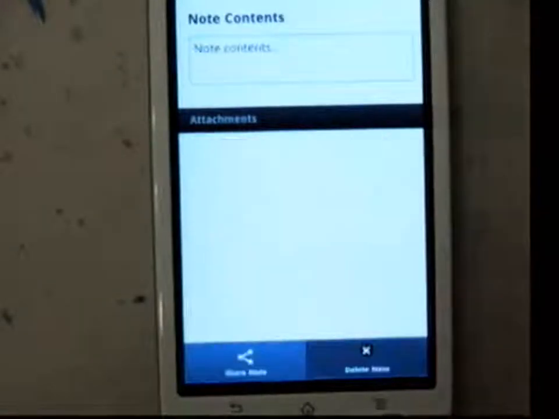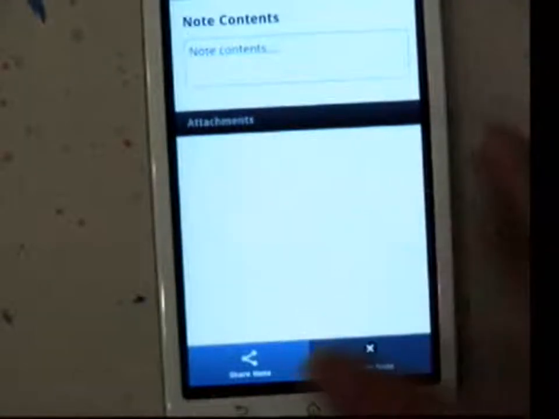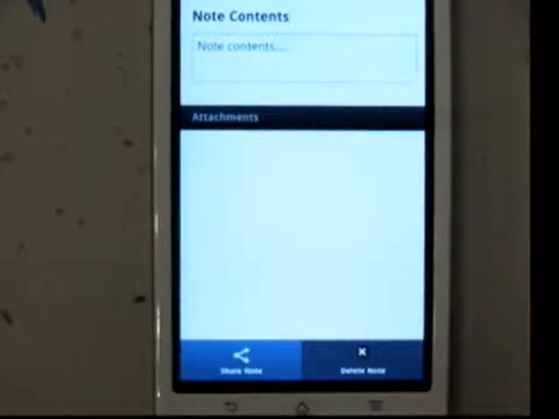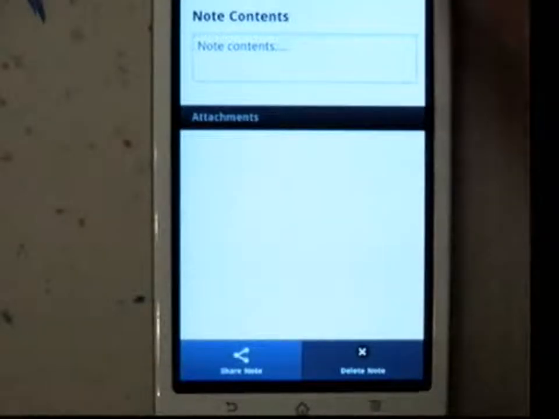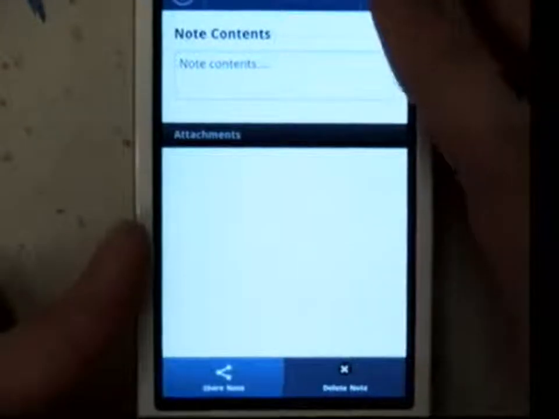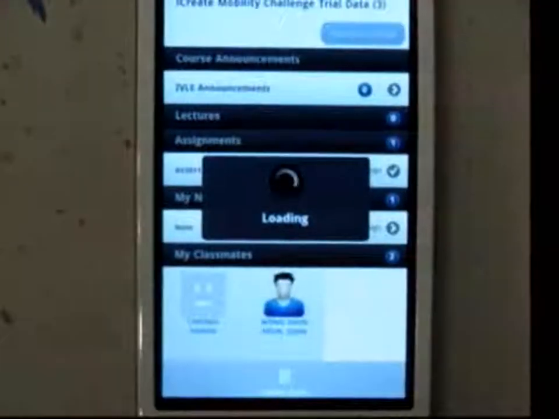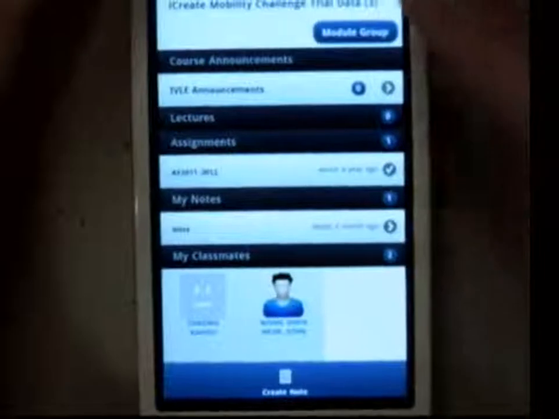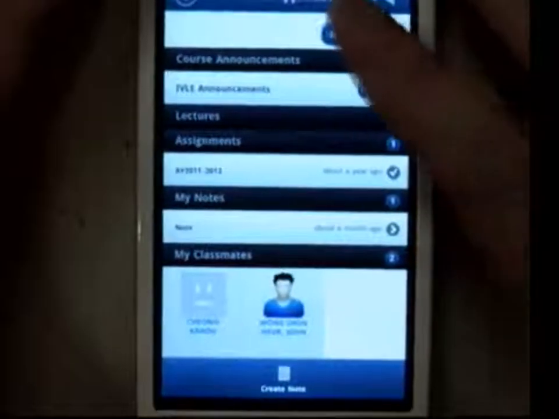A social feature we have enabled is the share note feature. I can share this note with my friends who are taking the same module, and they will be able to see it in this app as well. So this helps to promote sharing. From here I can also access the module group.